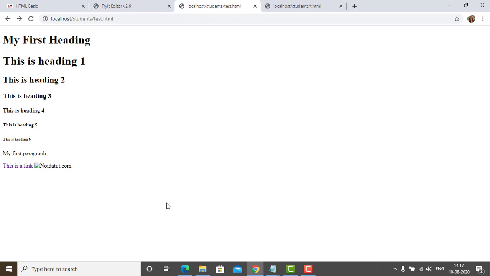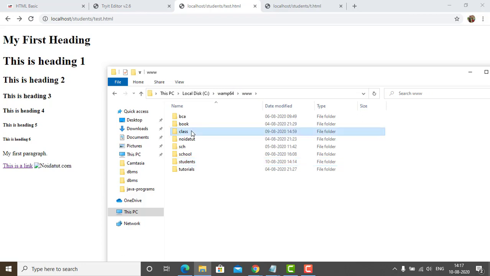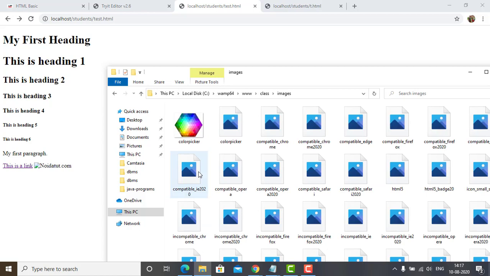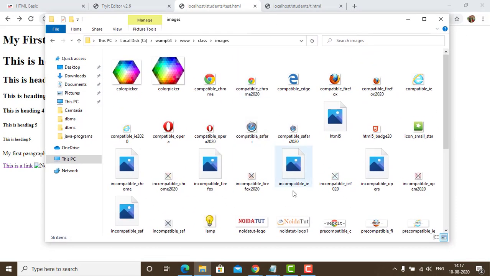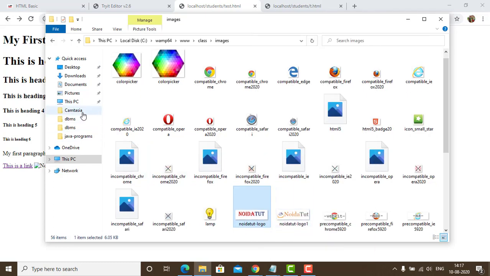Now why is the image not reading? Because the image is not found, and even if we have an image noida2.com, that is not in the path of the file. Now let us first find an image. Suppose I am going to take any image. I am just going to pick any of the images from here. Now let us see noida2.png. I am copying this image. I have copied this image.